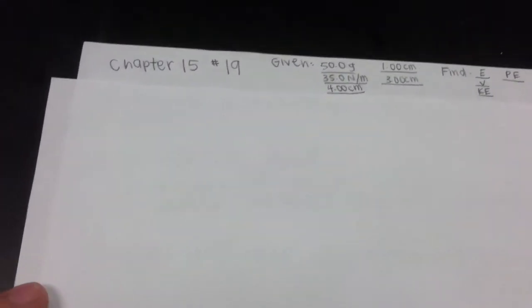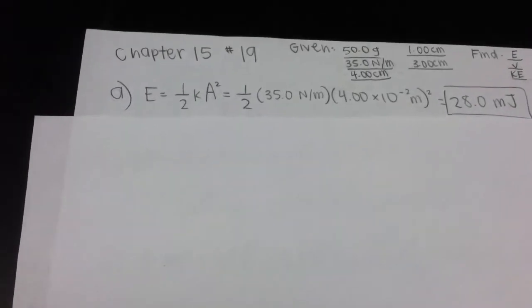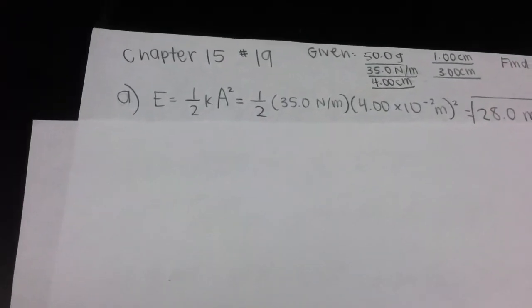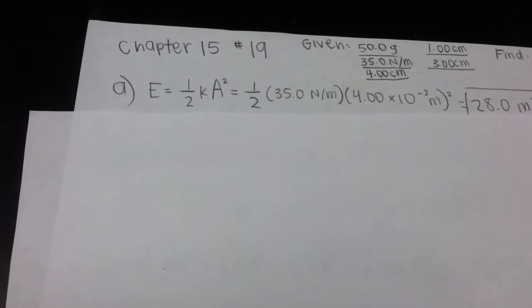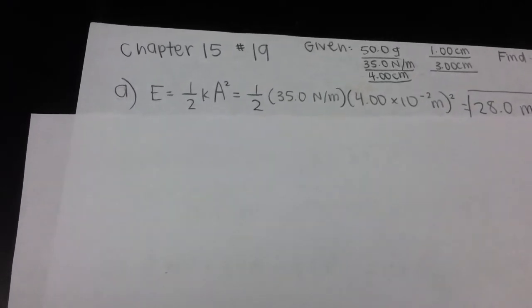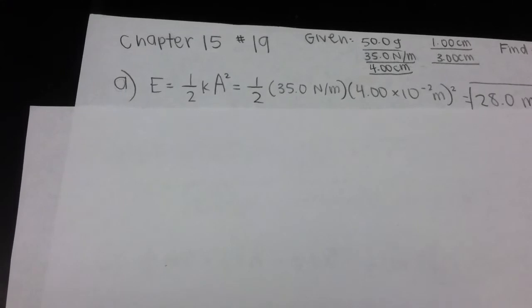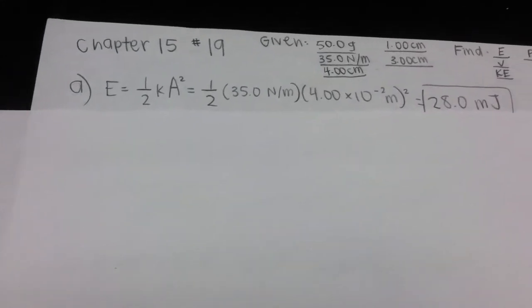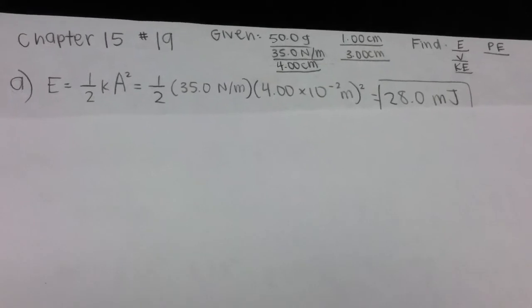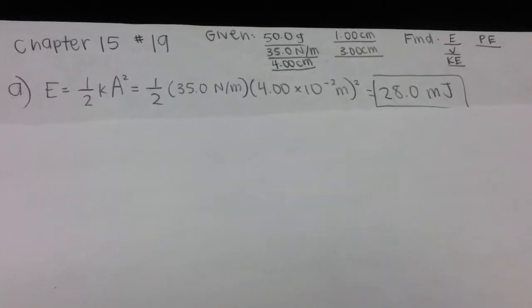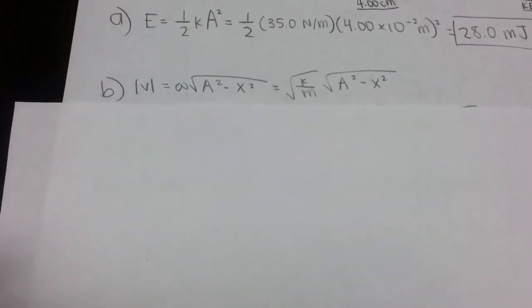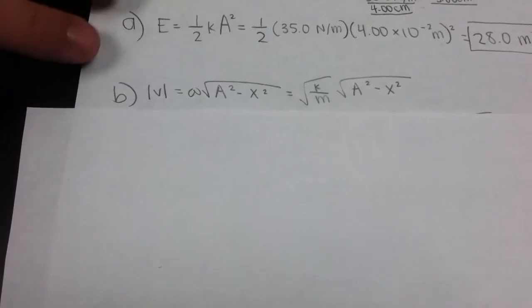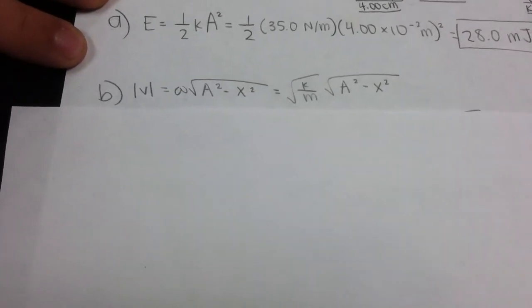Part B, we're solving for the velocity. The absolute velocity is equal to omega times the square root of A squared minus x squared, A being the amplitude and x being the position. Omega is also equal to the square root of k over m, which we will use because we have k and we have m. So if we plug in k, m, A, and x, we get something that looks like this, with the force constant above the mass, and the mass converted to kilograms, that's why it's 10 to the negative 3. Then plugging in the amplitude and the position 1, we should get 1.02 meters per second